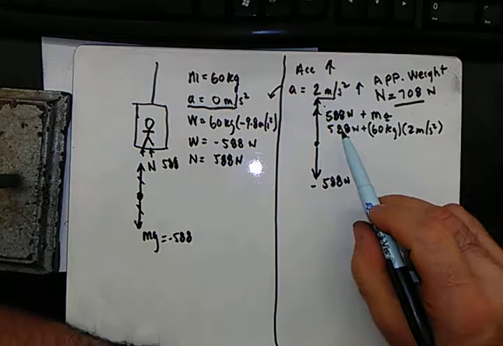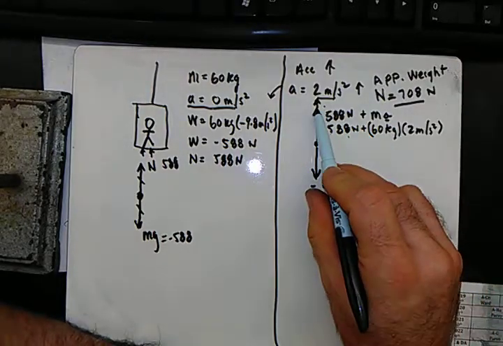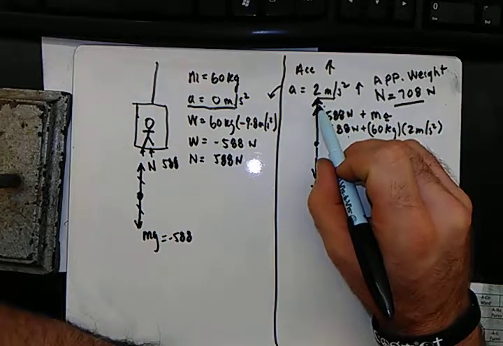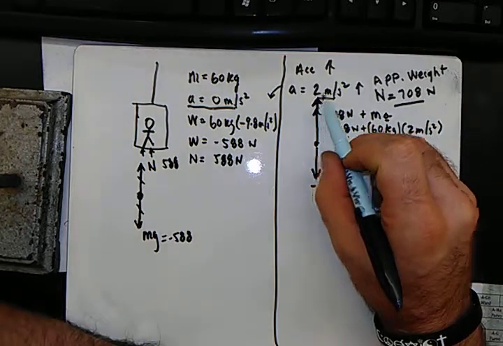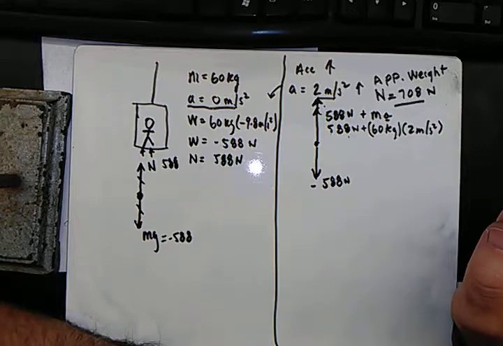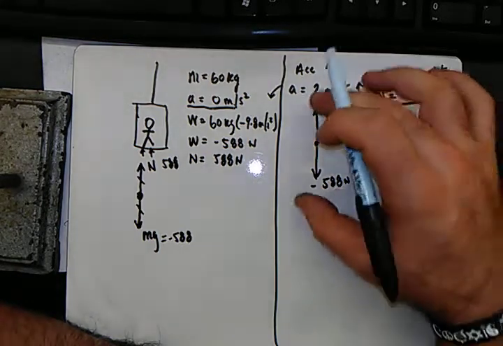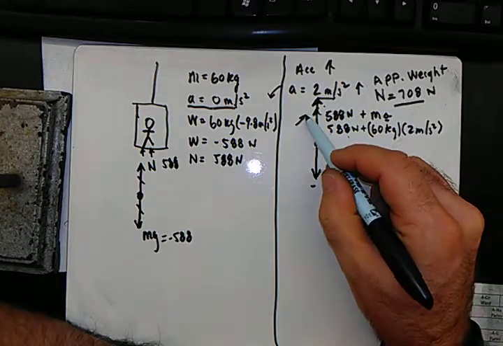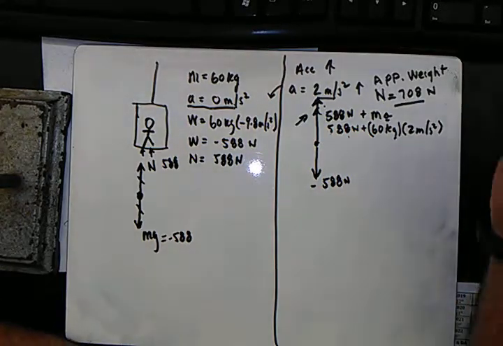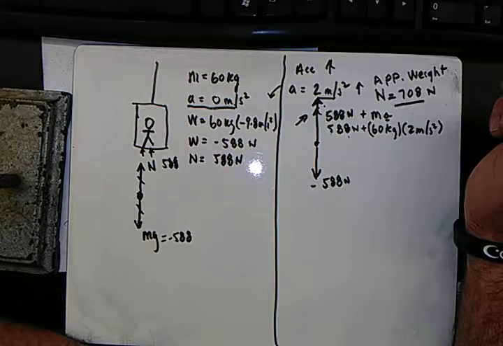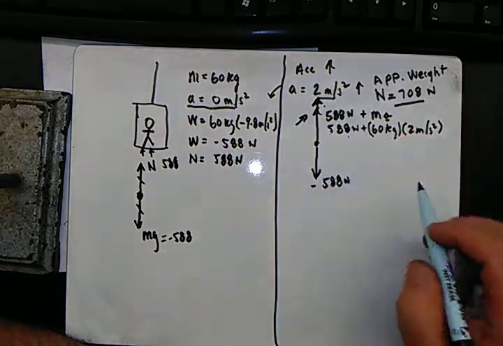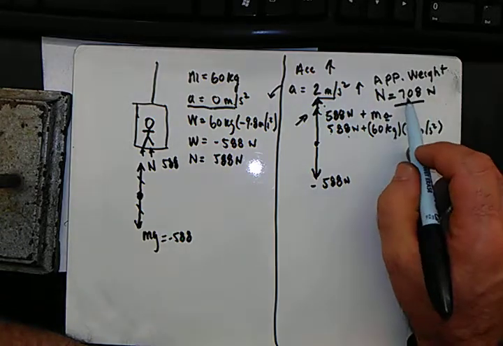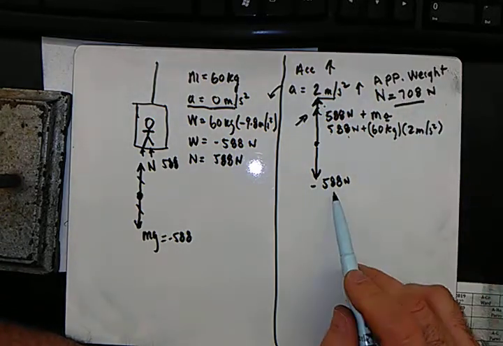All we did was take what we had and add a little bit of an upward force because it is accelerating upward now. I've included this, and the arrow on this side looks a little bigger, which means that unbalanced forces accelerate. This is definitely an unbalanced force. This side is accelerating greater. So that person feels like they have a weight of 708 newtons,